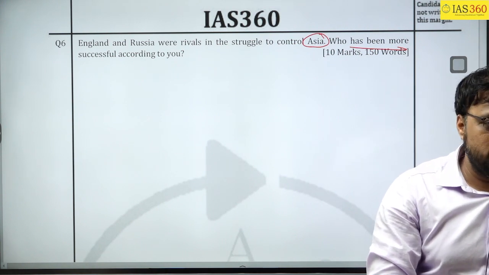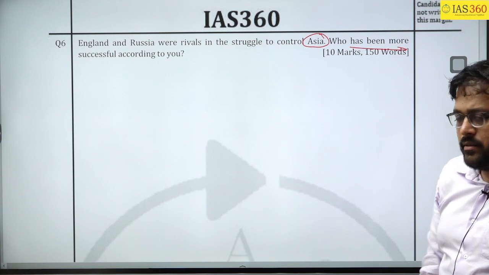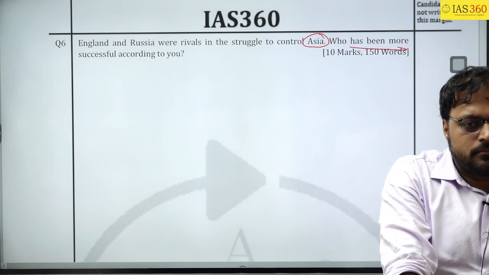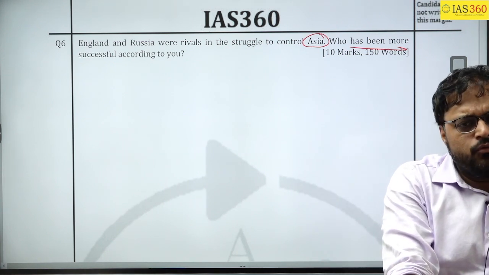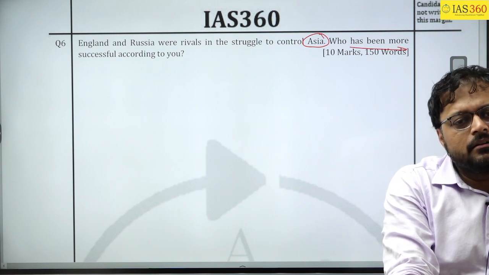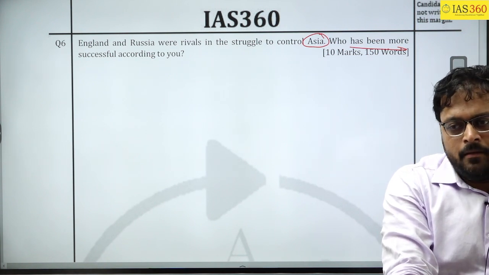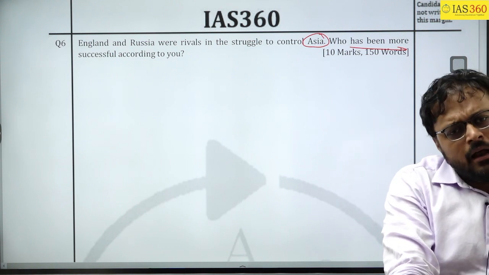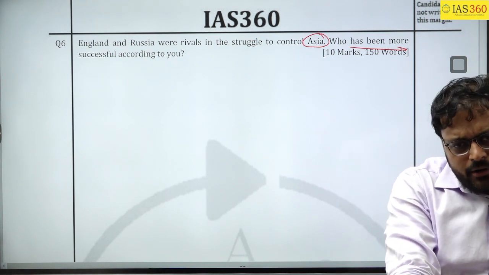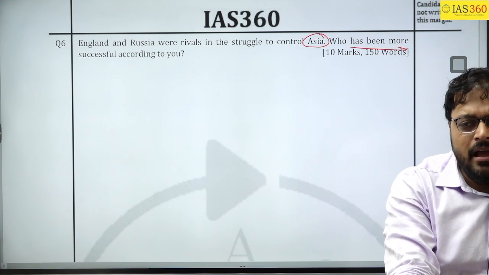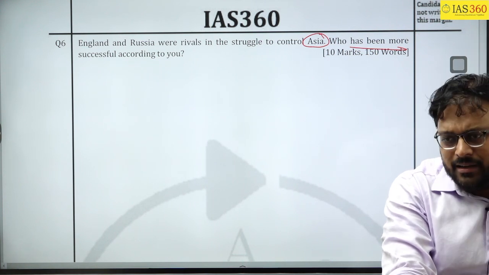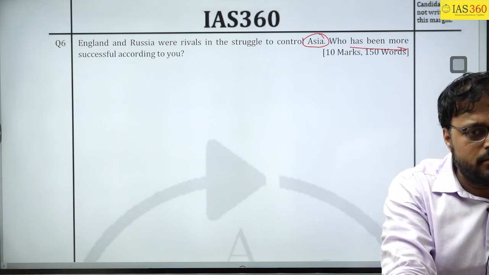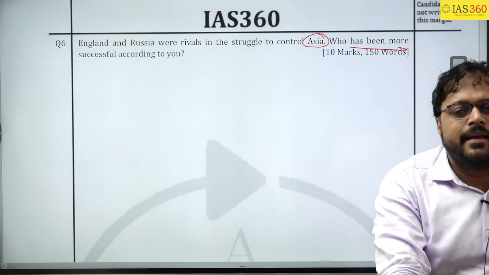Now the next question is, according to you, who was successful? Obviously, England was successful if you look at the period that they ruled over India, for 200 years. Likewise, at the same time, they entered other Southeast Asian countries and ruled there also, not less than 150 or 200 years. So in that case, you will say that